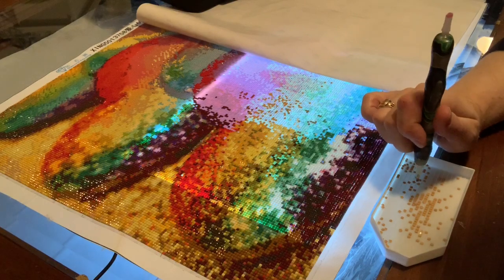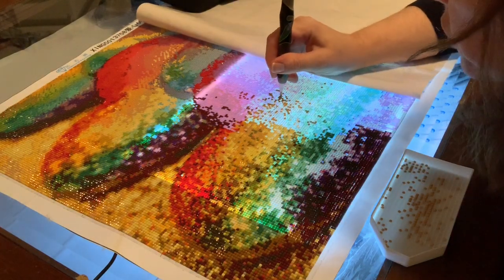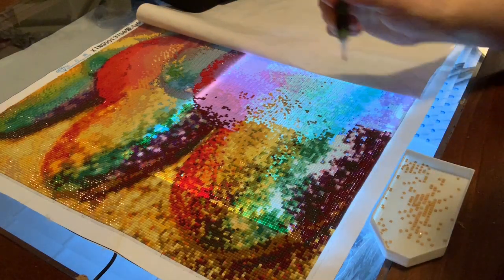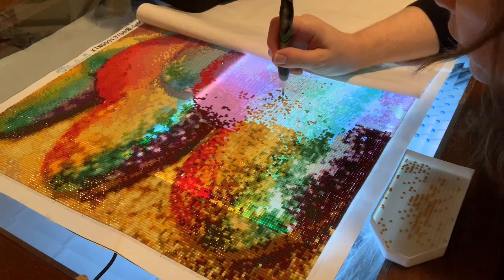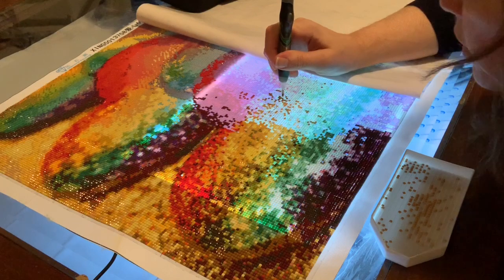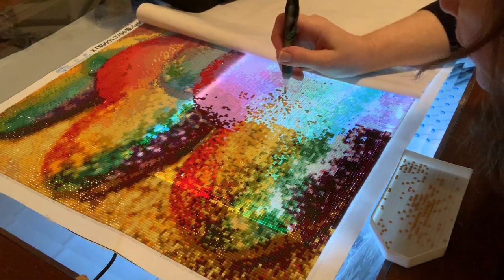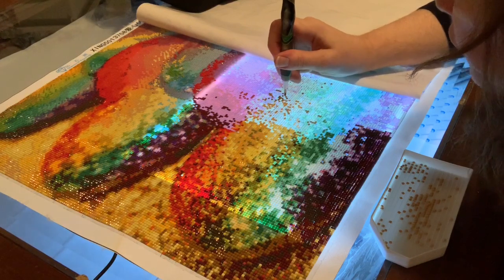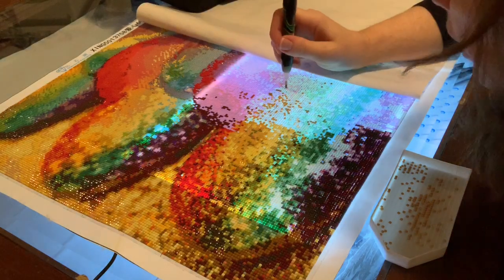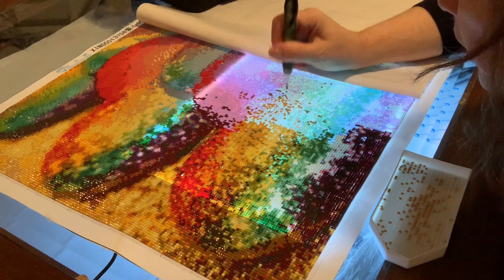Now, if you want to continue as a diamond painter and become psychotic like I did in this craft, then for your comfort, you will probably want to buy a better light or a light pad. If you have a hard time seeing like I do, maybe a magnifying glass. Light has a really great one that I use